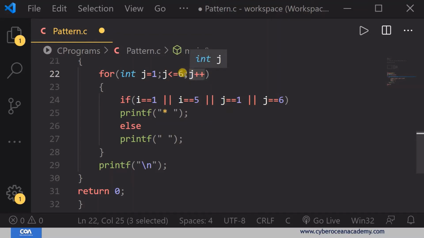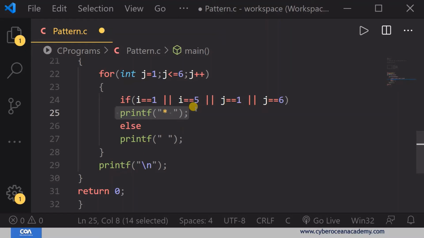The new value of j is 2, and it will check the conditions again. Here i is equal to 1 is false, i is equal to 5 is also false because this is the second row, and j is equal to 1 is also false, guys. Why? Because the new value of j is 2, and j is equal to 6 is also false. All the conditions are false, so this statement will not execute.